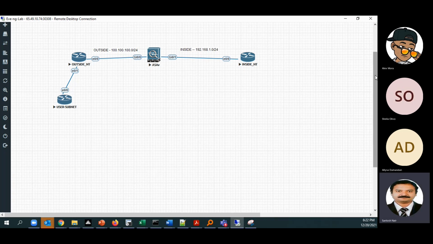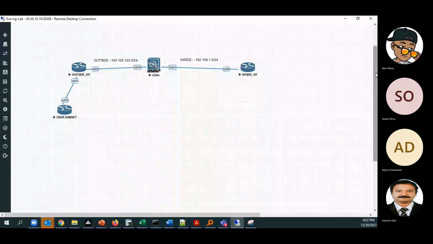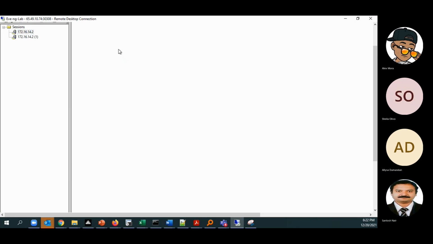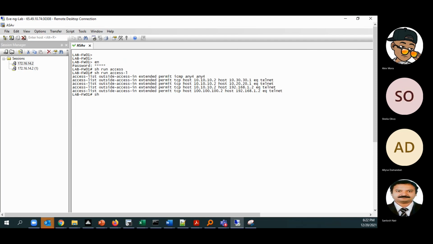Let's check if the configuration is still there. One second. Access group.